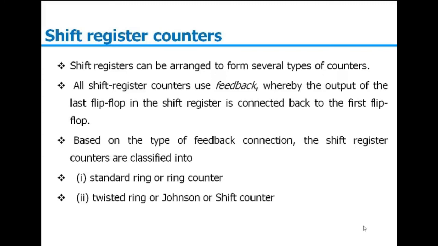In the ring counter, the circuit will be the same as what we have studied for the shift register, but the only difference is that at the occurrence of the first clock, we need to provide some specific value to the counter. Generally one stage is preset and all others are reset, and then the output of the last stage goes as feedback to the input of the first stage.